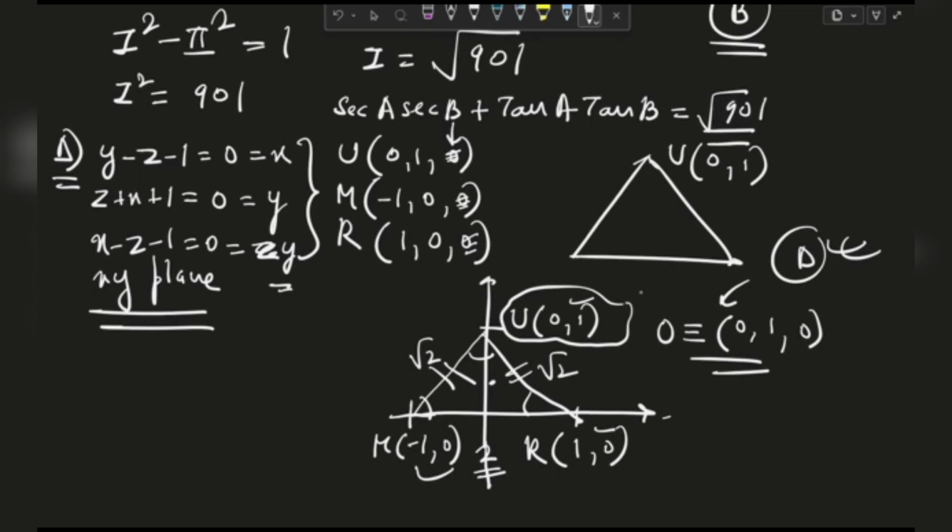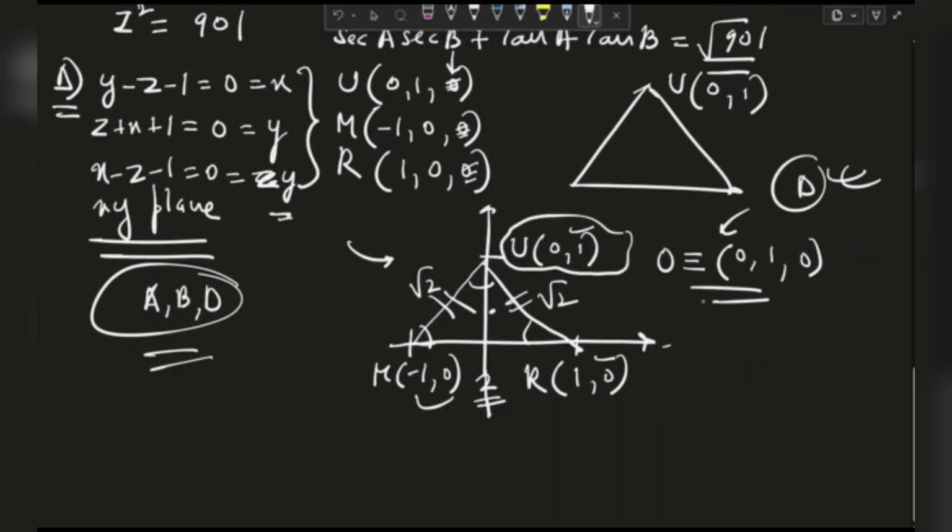I hope you guys know how to calculate an orthocenter, right? I'm not going into that because this is too simple. So basically our correct options for this question will be A, B and D. I don't think you will have any problem calculating this, but still